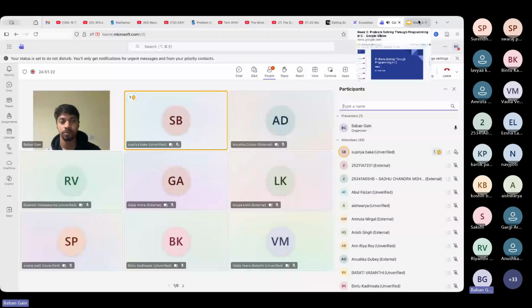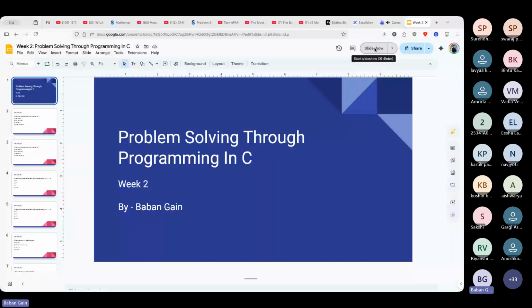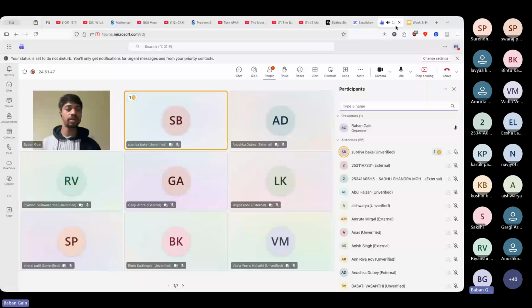Okay, so let me start. Basically, we'll be solving some MCQ questions and then some numerical ones, like there will be some sample C program. We'll ask what are the outputs and the reasons for certain outputs. Mainly it is related to this week's topic only, mainly C data types and things like that. So let me begin with the first question,